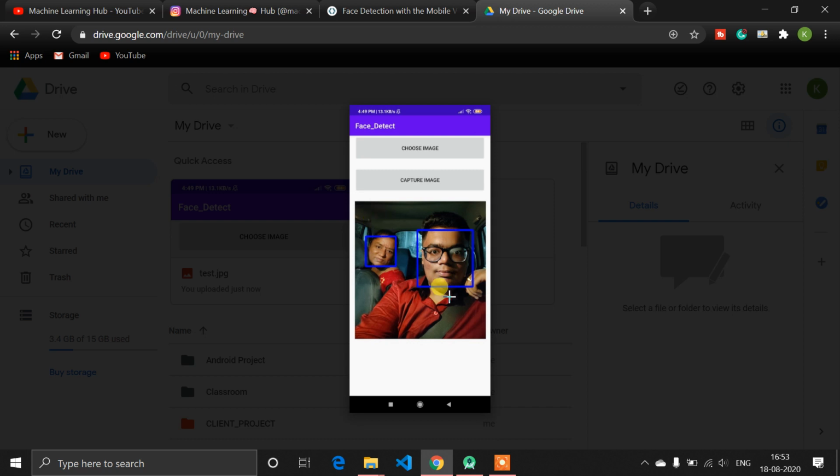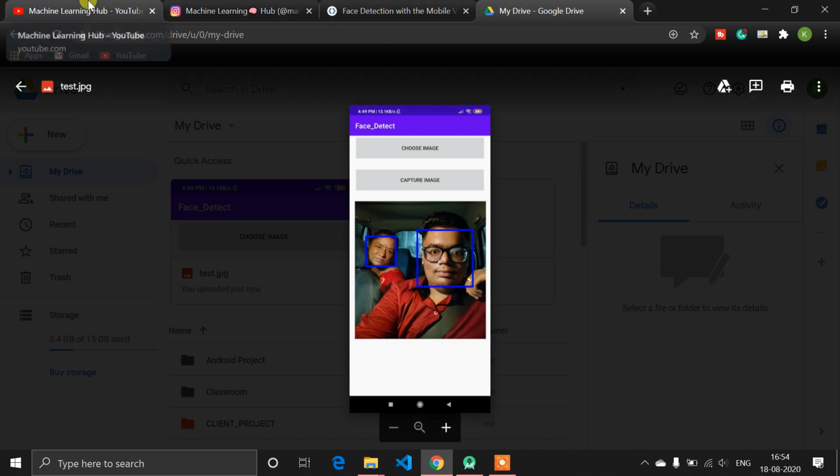According to me, face detection is very easy in Python. But Android is a totally different kind of development, with a different architecture and a different platform. So implementing face detection in an Android application is a very tough thing to do. In Android, we work with Java or Kotlin. This application is built in Java, but you can choose Kotlin as well, as Kotlin is a very good language. Even I like Kotlin more than Java, but in this project, I have used Java. So let's see how you can build this kind of application.